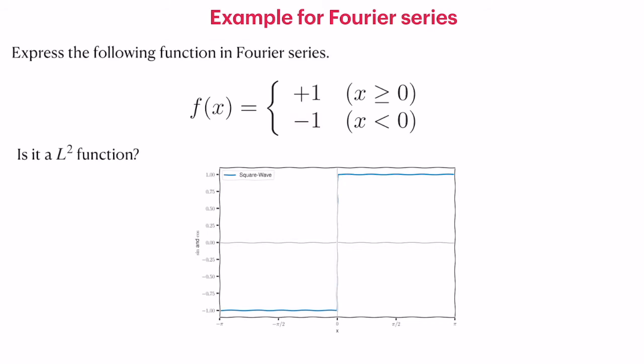This example is to represent a function f of x equal to plus 1 when x is greater than 0, that is in this region, and then it is minus 1 in this region. It's basically a step function. Now, one of the important things to understand here is that discontinuity does not matter for the Fourier transform. What we basically need is f of x to be an L2 function. It does not say anything about discontinuity. Discontinuity and L2 are not connected, because we know that sectionally discontinuous functions can be integrated without any issue.